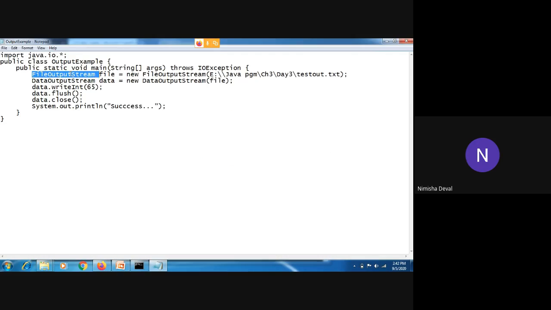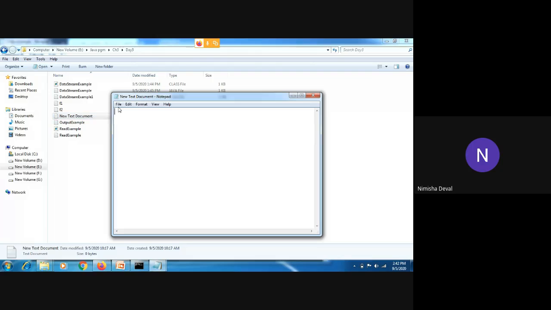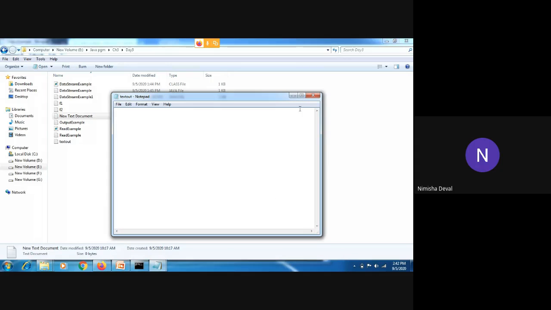See here. First, I have created one file. Before that, this is the output file, so I will first create it. Otherwise, it will generate the error we have seen in the previous program. Same case will happen. So first, I will create this file, text out. So this is the blank file, and in that blank file, the output will get stored. Okay. So this file is created.